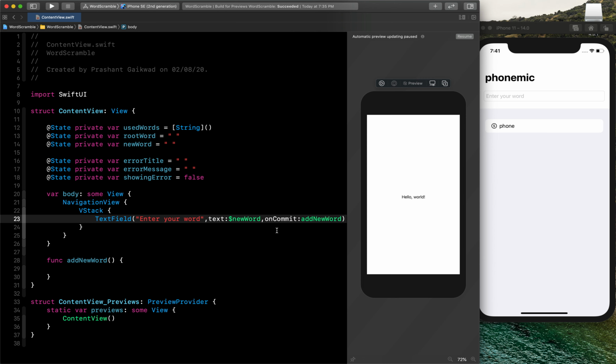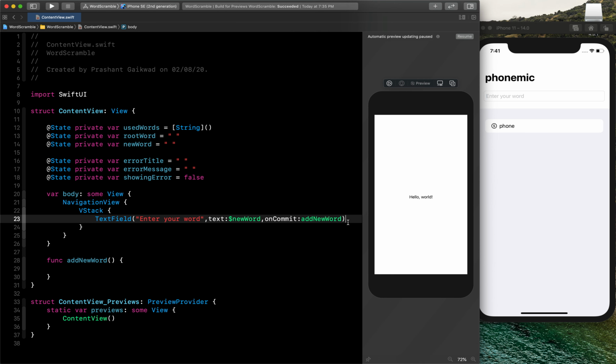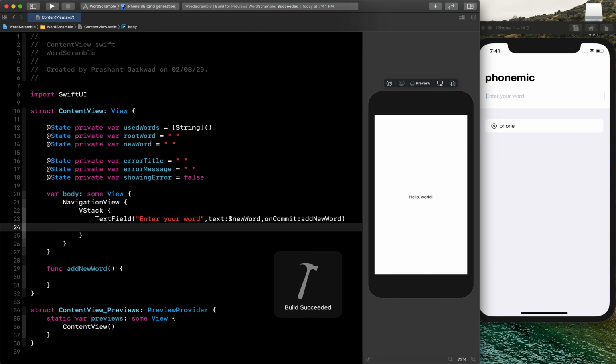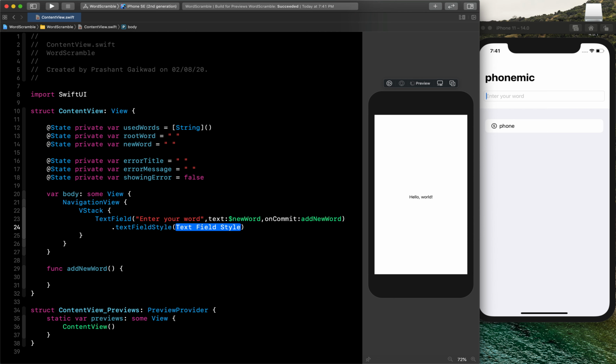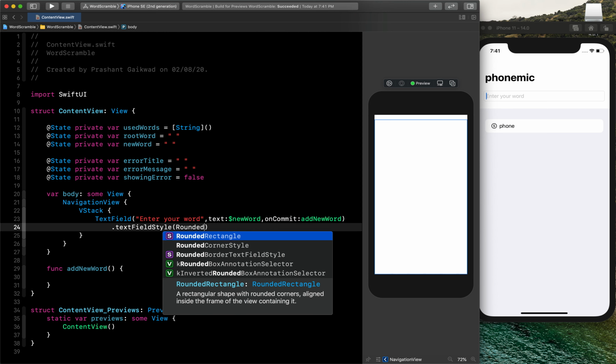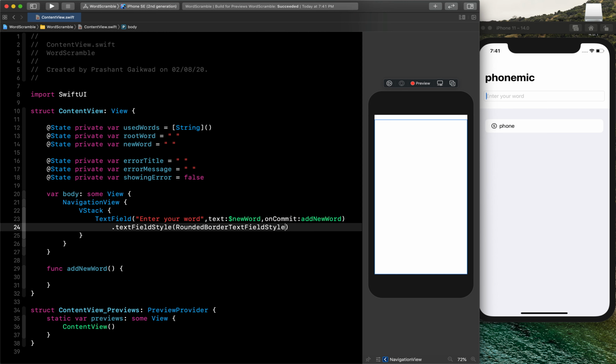Now what we can do is we can just add some modifiers to our text field so that it will look like this. Let me just click resume here so that we can see. So first I need to give the text field style, so let's give it text field style, and it will be rounded border text field style.